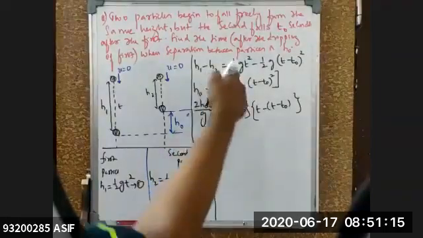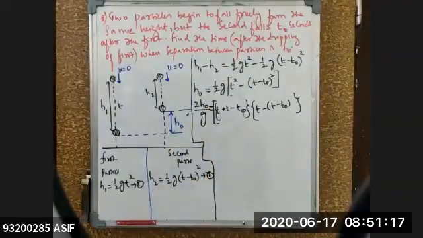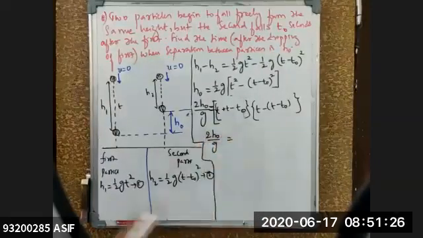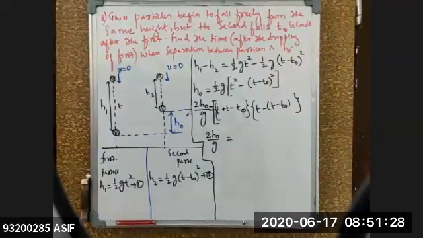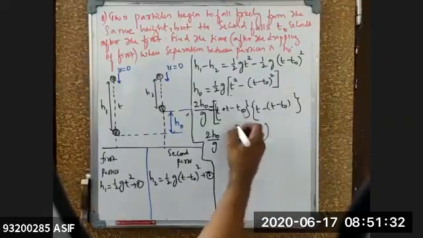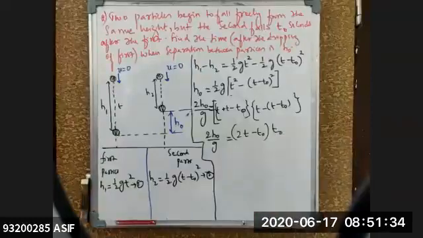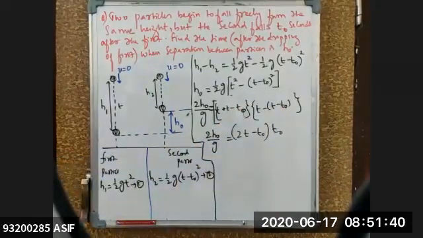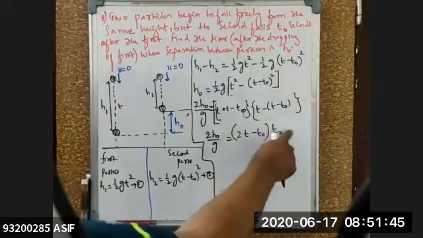2h0 divided by g is equal to (t plus t minus t0) into (t minus t0) part of the relation. That means if I simplify this one, 2h0 by g is equal to 2(t minus t0) into t0. You can do the calculation better. You can even expand this in the form of (a minus b) whole square and do it out. But see how much I'm getting right now: 2(t minus t0) into t0 part of the relation.